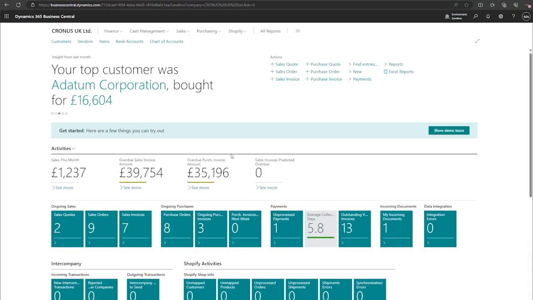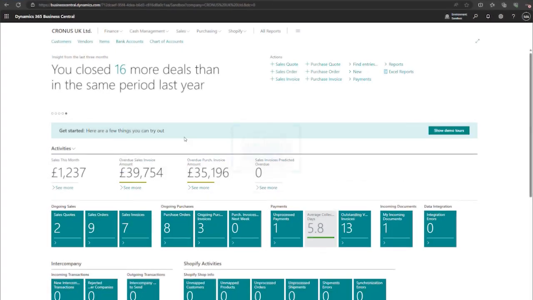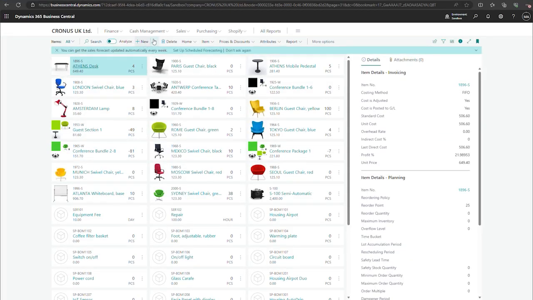One of the new features coming to Business Central in the 2023 Release Wave 2 is the introduction of Microsoft Copilot to the solution. This feature brings generative AI marketing text suggestions, and today we'll be walking through how this functionality works. So if we head to our items within Business Central, then you can add this new marketing stuff to any new item that you want to add, but for the video we're just going to use one of